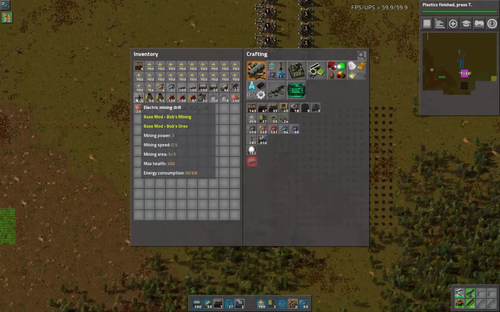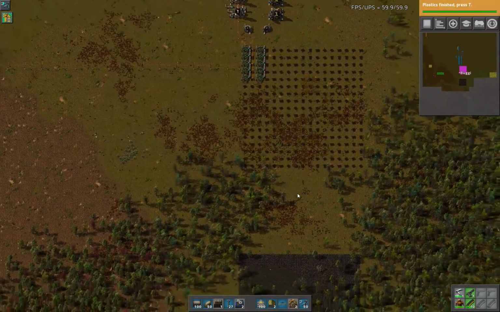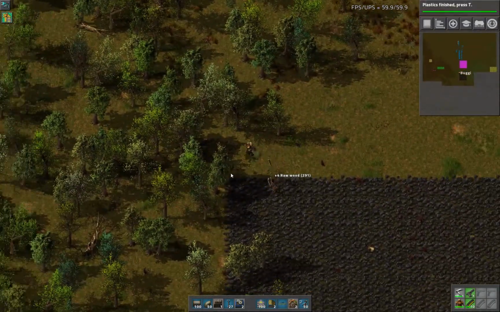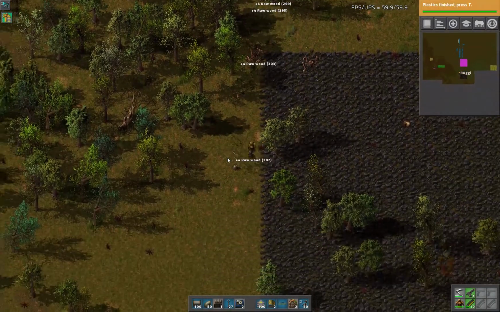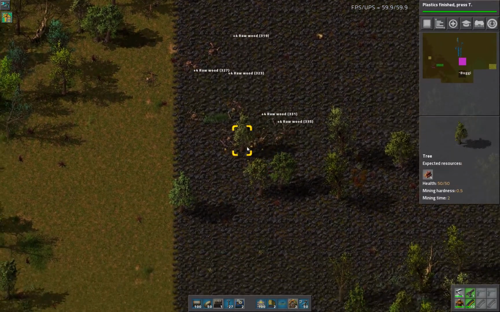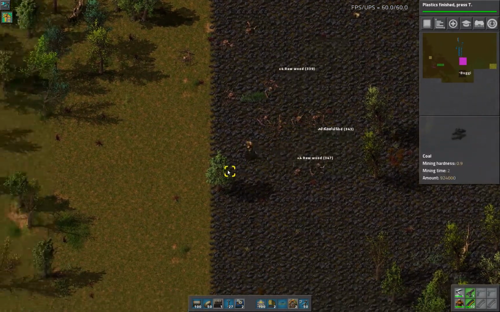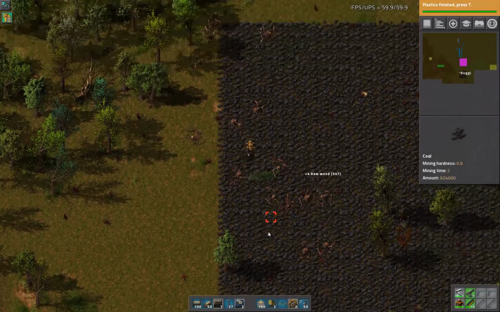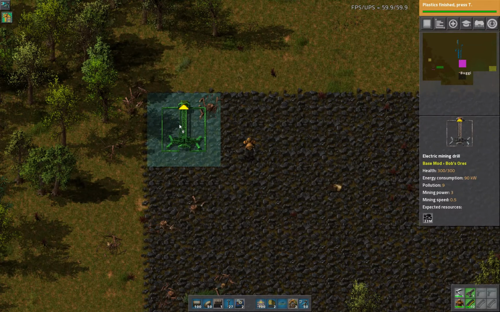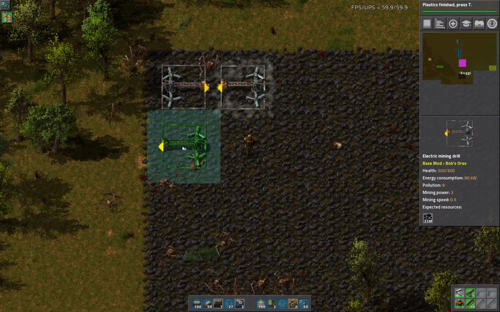All right, so I've got 6 mining drills ready to go. And we're going to come down here where we have a little bit of coal. And this coal is here specifically for plastic. All right, so... And these are just the Mark 1 drills. I'm not sure...